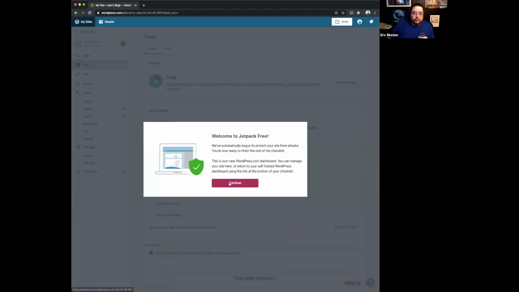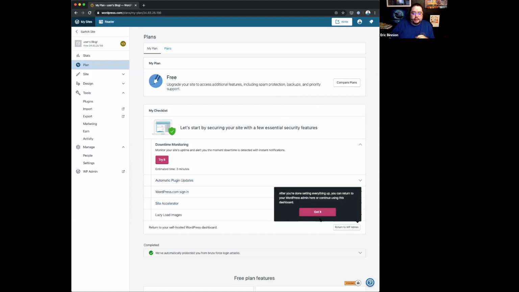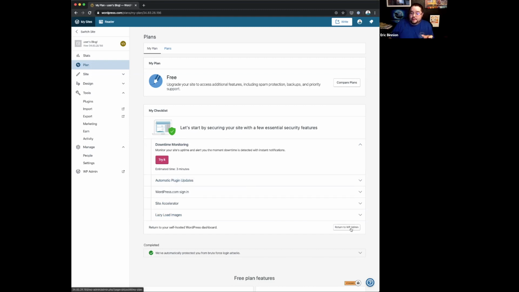All right, so now this has put us into the onboarding flow on WordPress.com. Now, from WordPress.com, we're going to manage a bit of the site. So this is your security checklist that'll help you quickly set up Jetpack. Pick and choose the features that you want. So I'm going to click Got It, and then Got It. And that was just saying I can return to the admin of my site by clicking this button when I'm